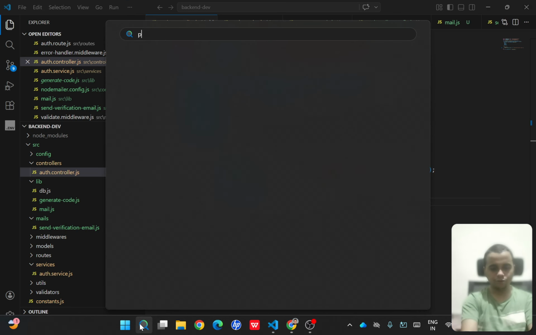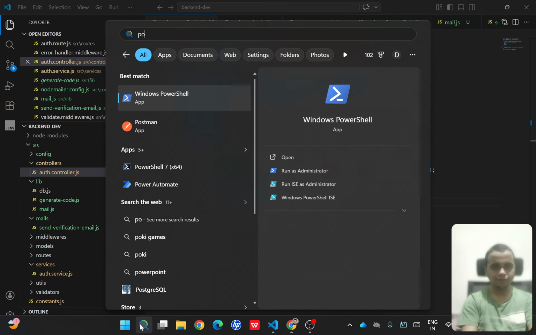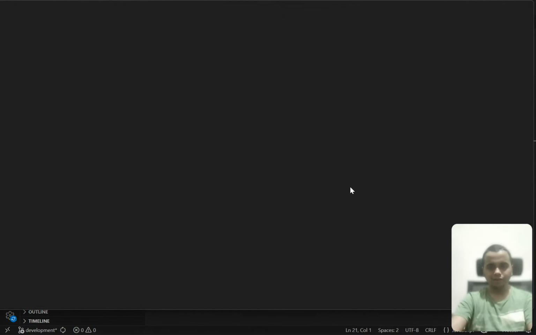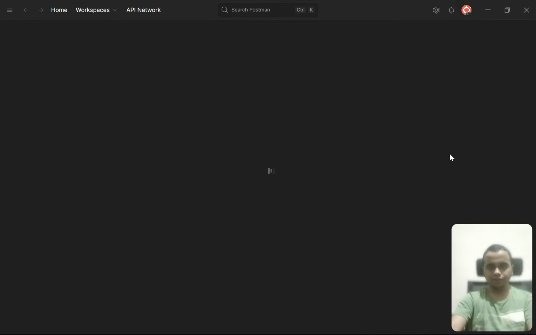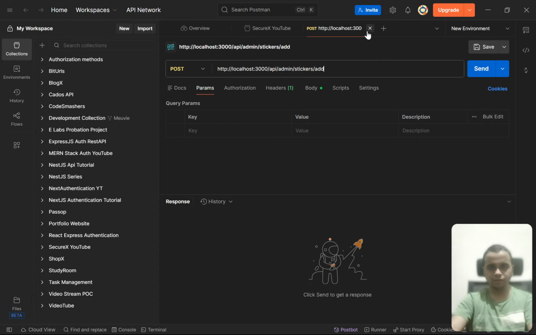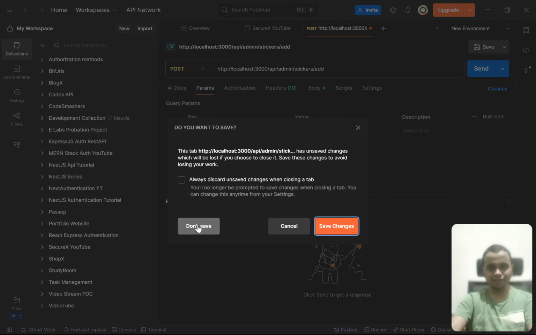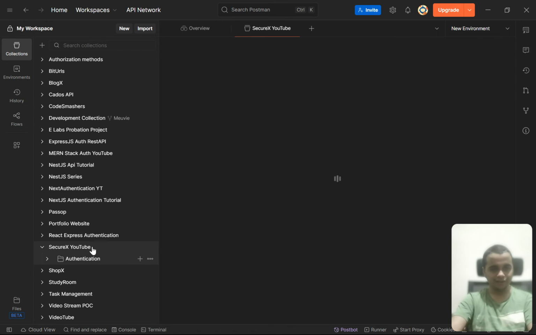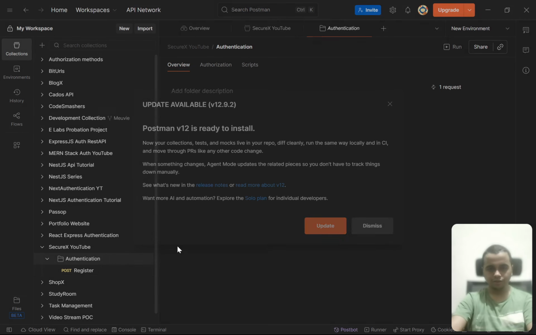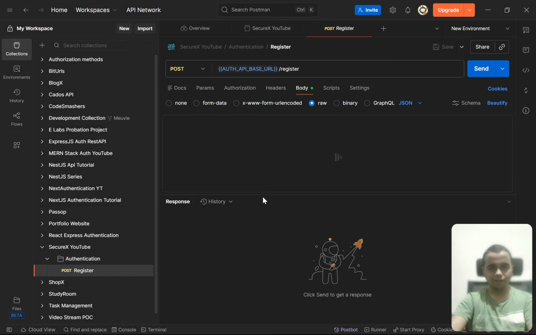So here I will open my Postman again. Now let us see whether this works or not. Even if there is an error, it will not cause any serious issues. Fine. So let us go to secure execute and go to the register endpoint, and here